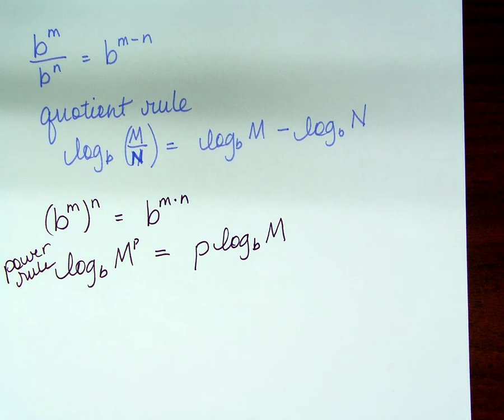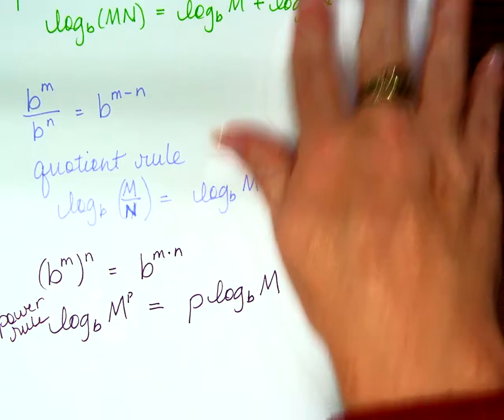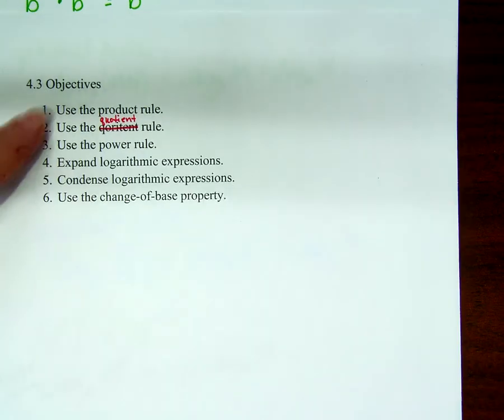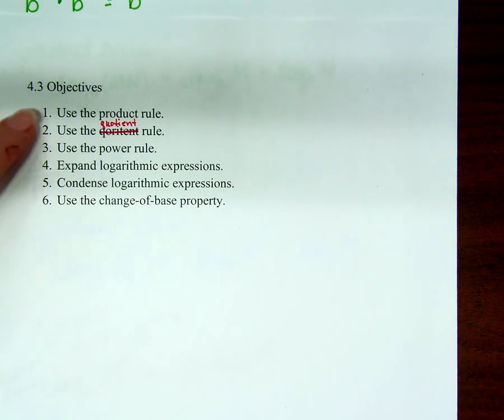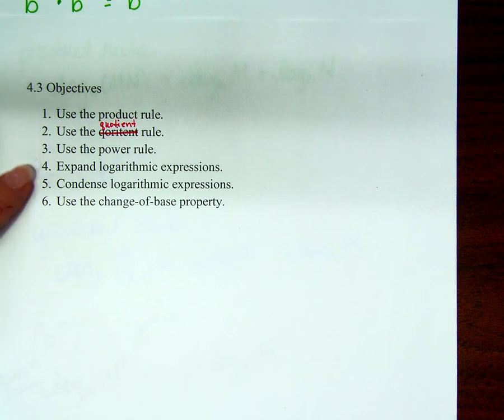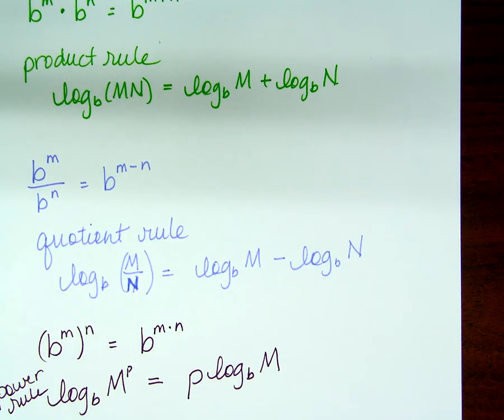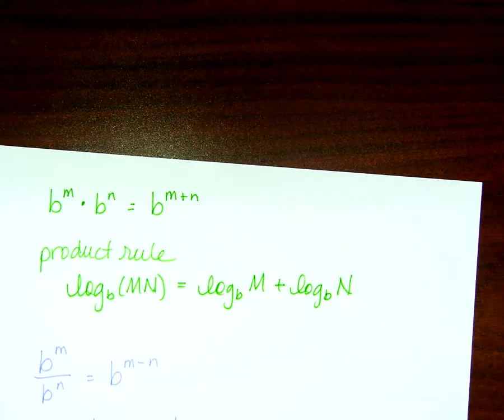Okay? So the reason I didn't give you a whole bunch of examples of all these is because those were our first three objectives, the power rule, the quotient rule, and the product rule. But our next two objectives, expanding and condensing, we just have to have these rules so we can expand and condense. Okay? So, for example,